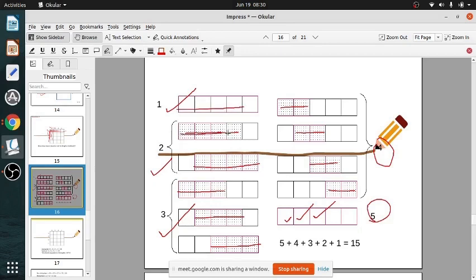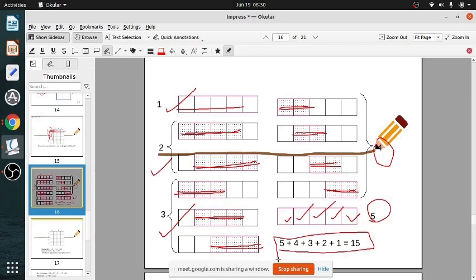If I take 4 and 4, I am getting 2 such things. If I take 3, 3, 3, I am getting 3 such possibilities. If I am taking 2 at a time, either this 2 or this 2 or the last 2, I am getting 4 such possibilities. And if I take all individually, I am getting 5. So the total is 5 plus 4 plus 3 plus 2 plus 1, or 1 plus 2 plus 3 plus 4 plus 5. This is okay?